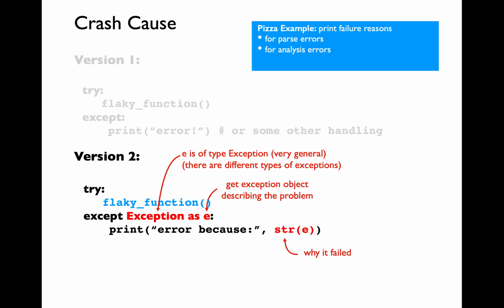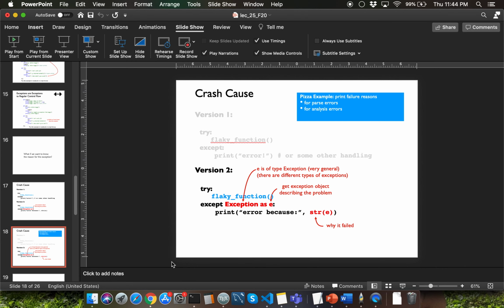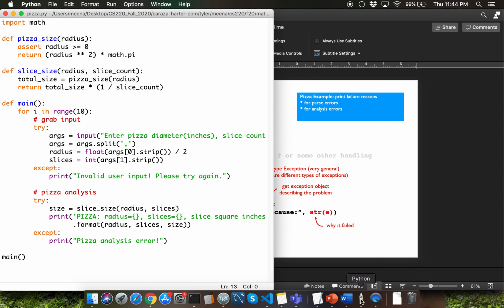How can we use the exception object that we just created? We can just typecast that into a string and we can get the reason for the occurrence of the exception. We can just add the typecasted string to our print function call to make it display more details about the exception. Let's take this new learning to our pizza.py program.